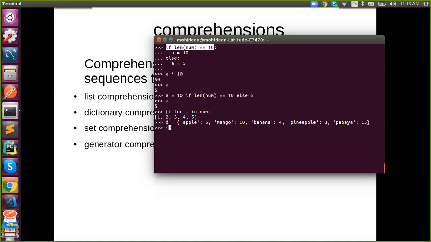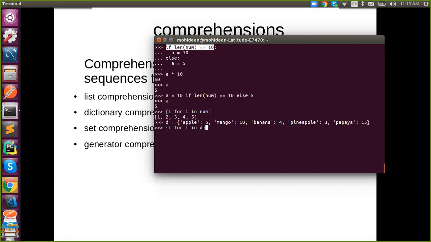So if you want to write a dictionary comprehension, just say dictionary. Simple. I'm going to say i for i in d. Which comprehension is it? What will I get? A set.